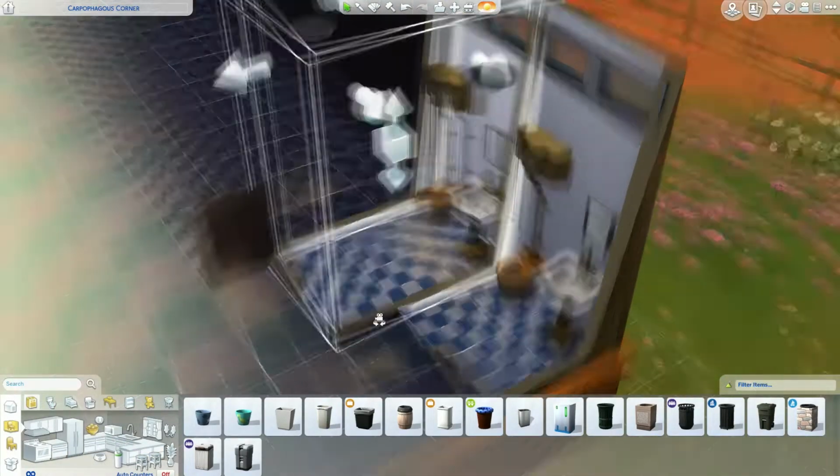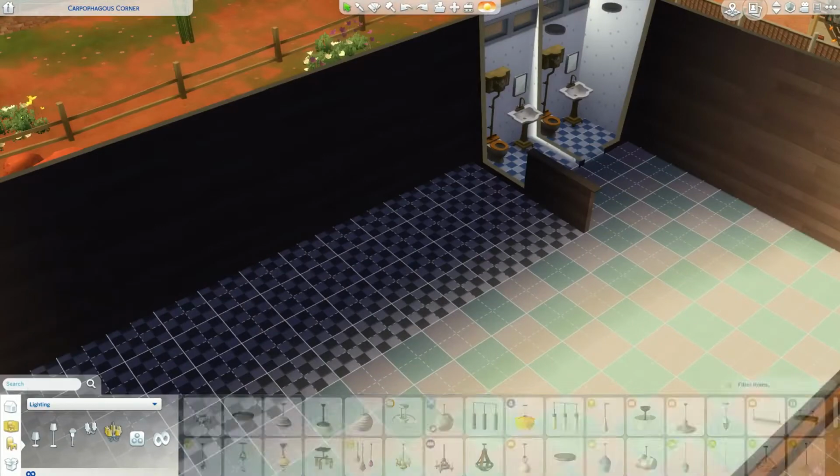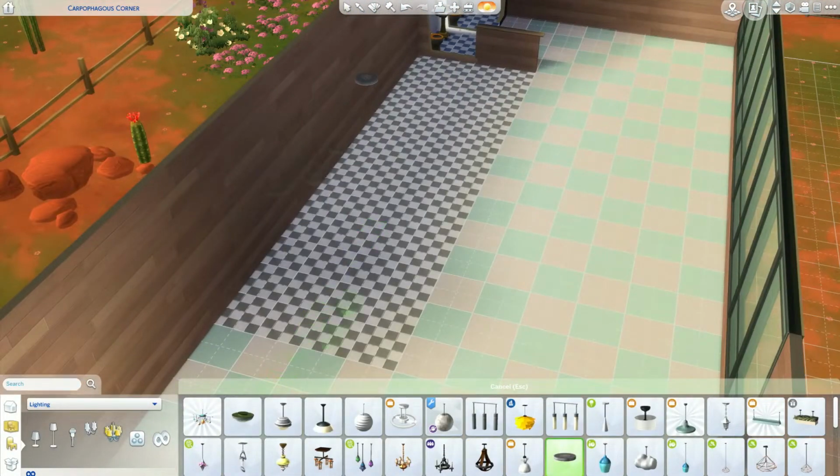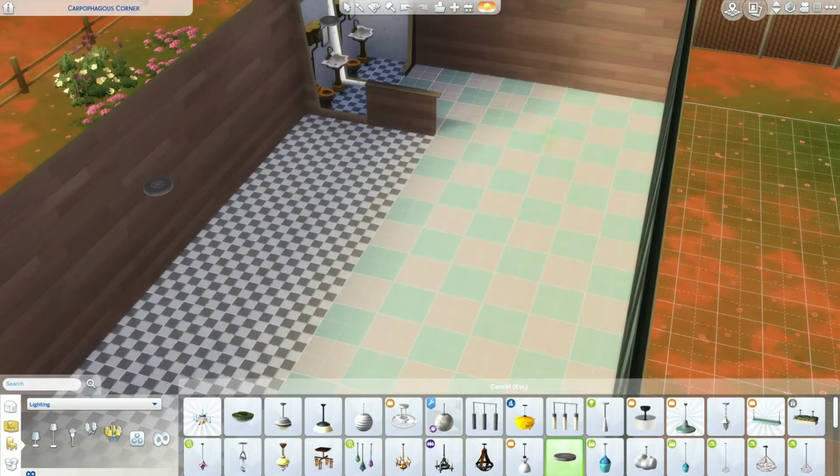And I did want to put bins in the bathroom, but I didn't have enough room in the end, so I just decided against it. And then I went and started putting lights in. Used these little source lights just to light up the place, and then of course I replaced...